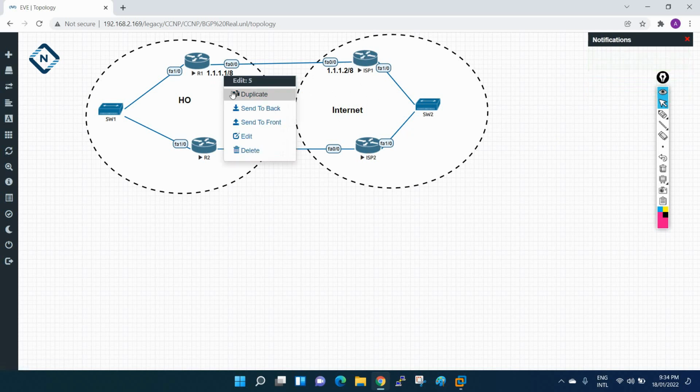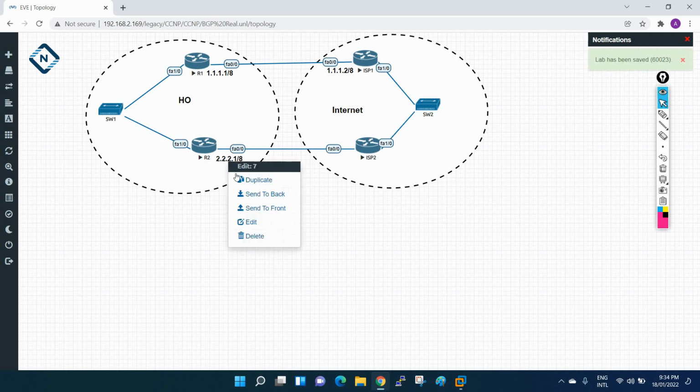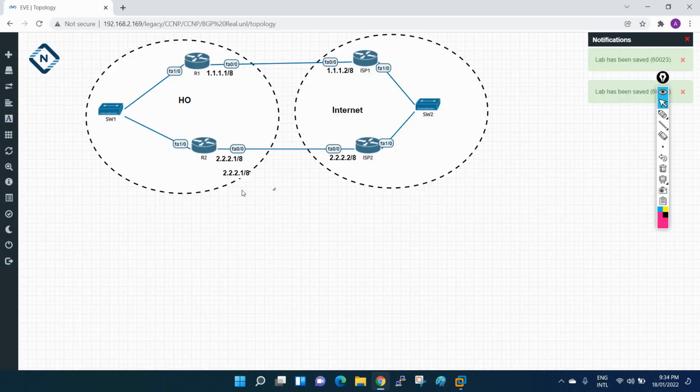Same like that, we will have the IP schema from the other ISP. This side we will have, let me write, 2.2.2.1/8. Okay, and here the ISP has 2.2.2.2. Okay, let me write here 2.2.2. Okay, this is an ISP IP, this is our IP, and here internally we have, imagine, this side we will have